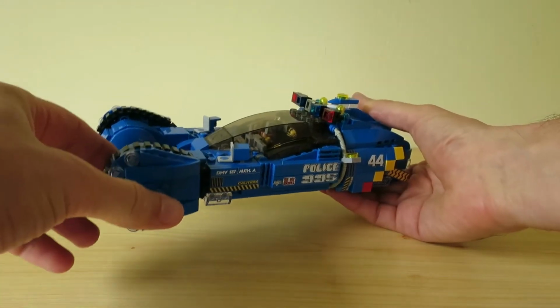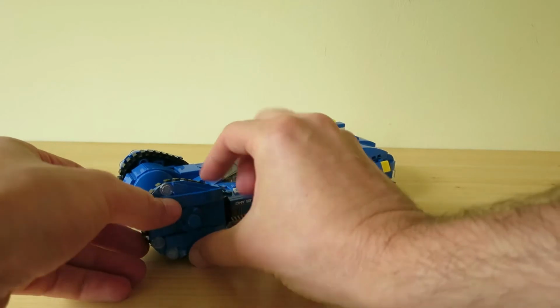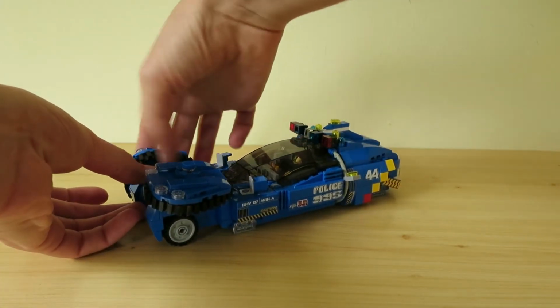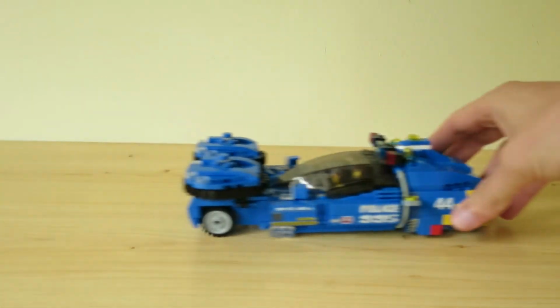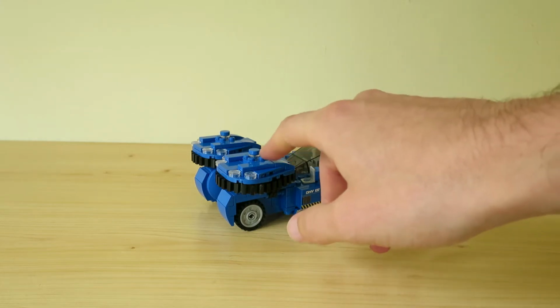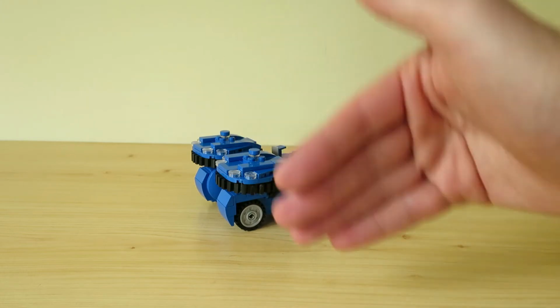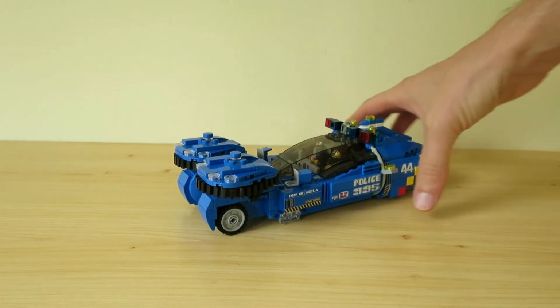So the wheel covers are closed, and in this position only the rear wheels are operational. But of course you can open up the wheel covers, and once you have done so, the vehicle can roll around just like in real life, in movie life. Of course, these wheel covers are a little bit bulky, to be honest, but since I wanted to put some kind of decoration in it, and I had to resolve the function to be able to close and open it up, I couldn't achieve any thinner build. To be frank, this has been the most challenging part,